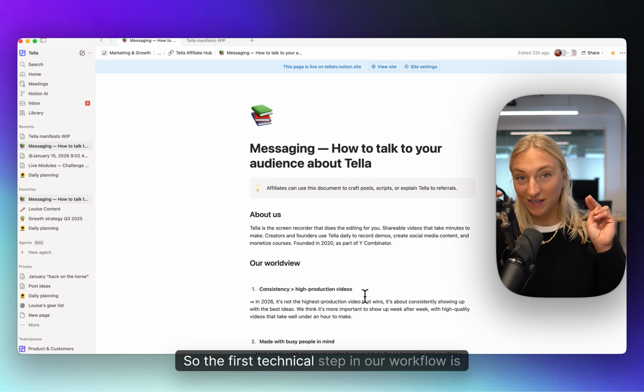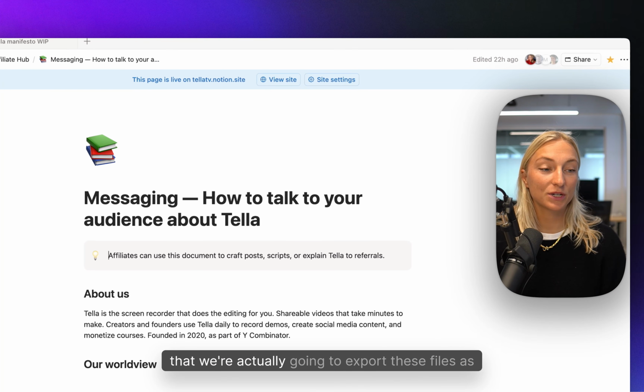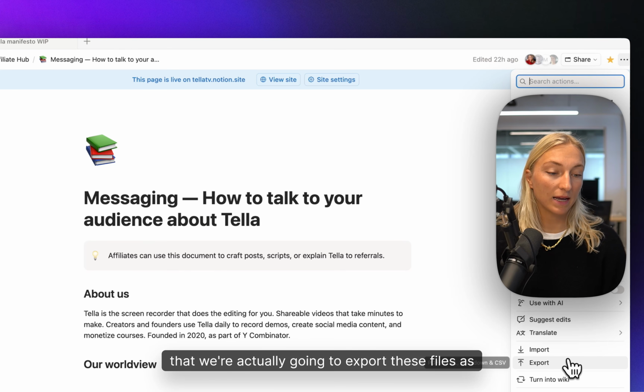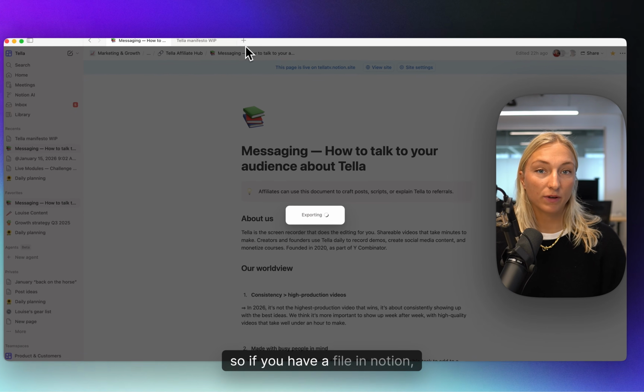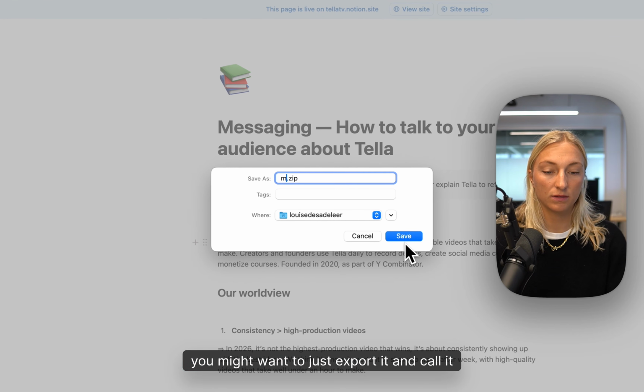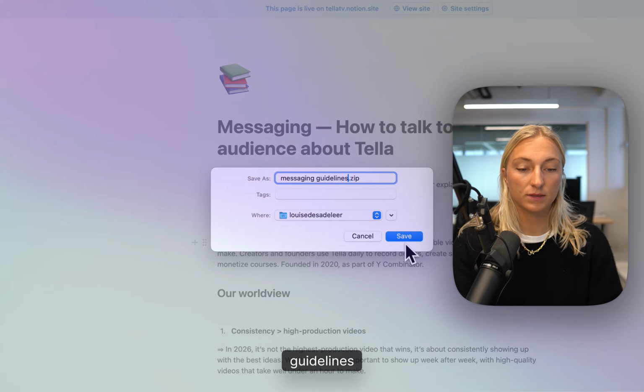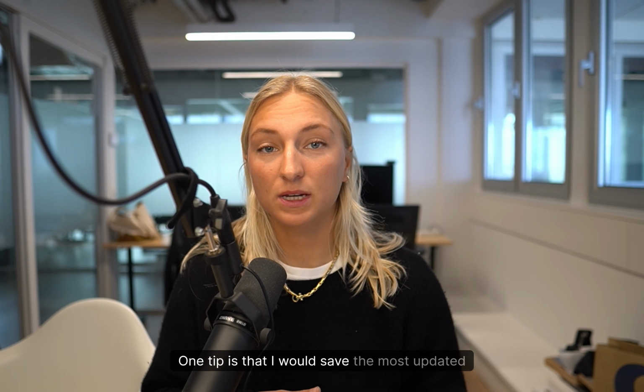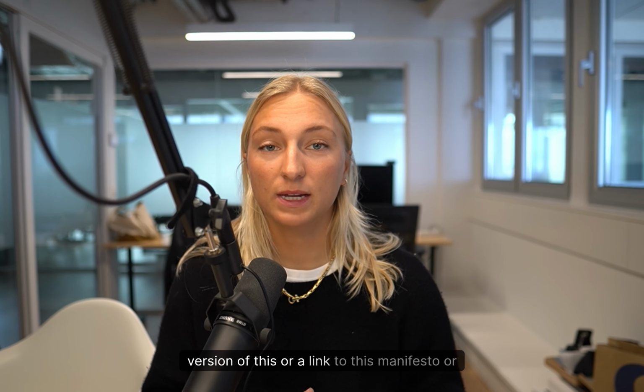All right, so the first technical step in our workflow is that we're actually gonna export these files as Markdown. If you have a file in Notion, you might want to just export it and call it messaging guidelines and manifesto. One tip is that I would save the most updated version of this or a link to this